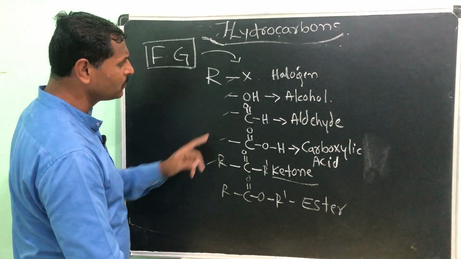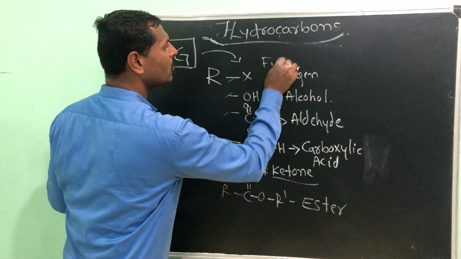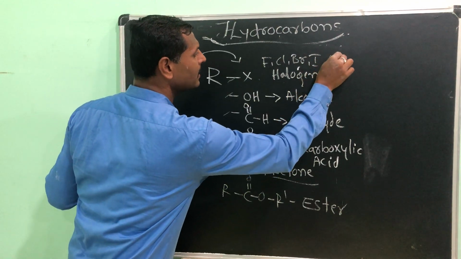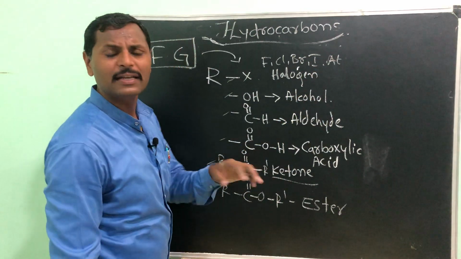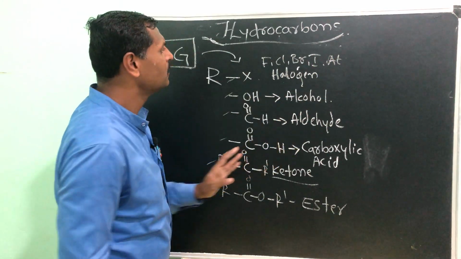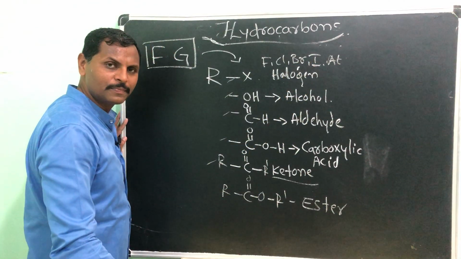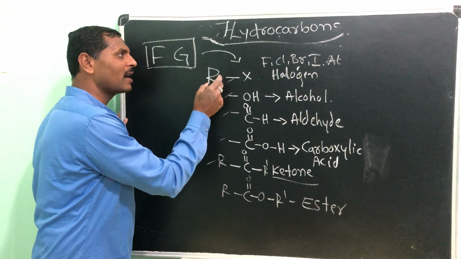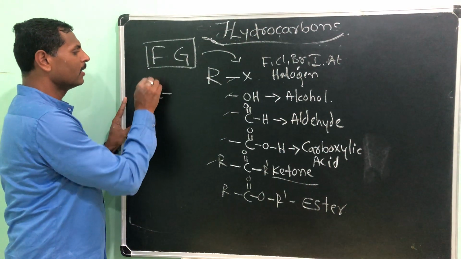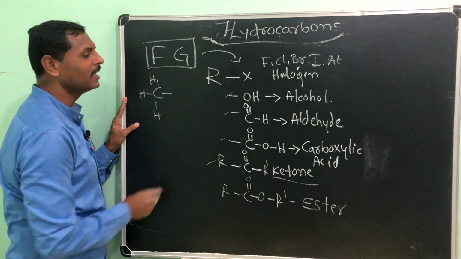So what are functional groups? What is this halogen, sir? Halogen I will write it here: fluorine, chlorine, bromine, iodine and astatine. Okay, astatine, yeah, as you know, it is a radioactive element. We are not taking it in this one right now. Simply fluorine, chlorine, bromine, iodine you can take as the halogens. Halogens are going to add with the hydrocarbons. For example, I will take here one bond I have kept empty for the halogen.